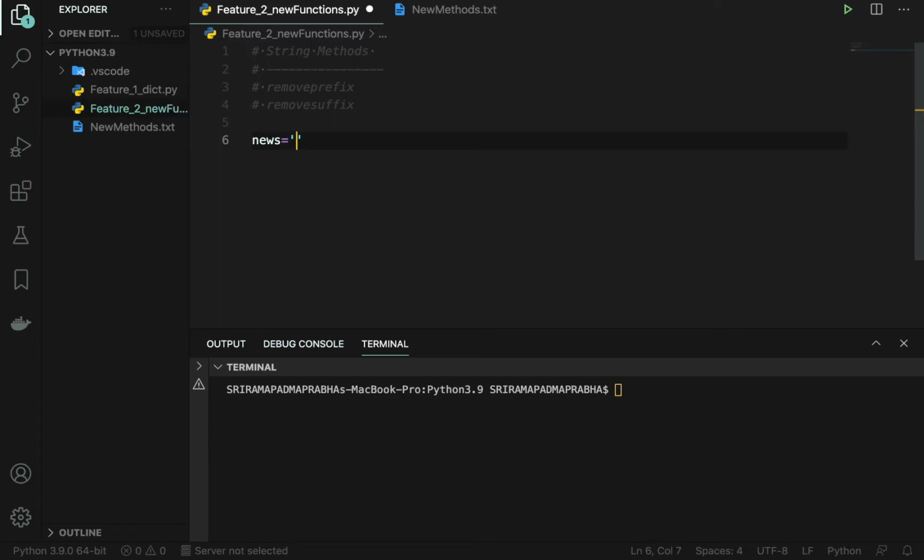Say, for example, we can write something like this: The Python 3.9 was released in 5th October 2020. You can put a comma, or after that we can add some dots, or whatever it is. But if I want to remove the prefix, the word "The", then I need to use the